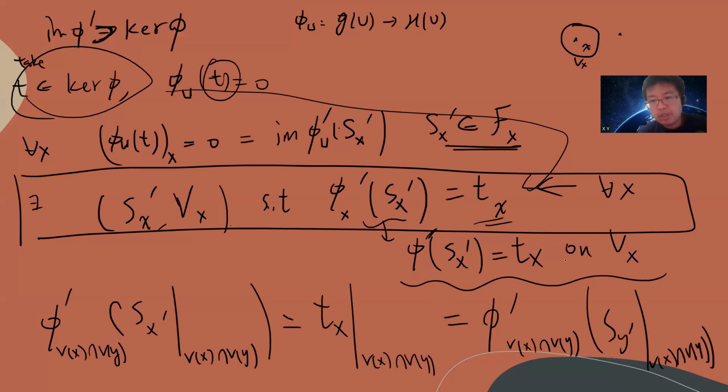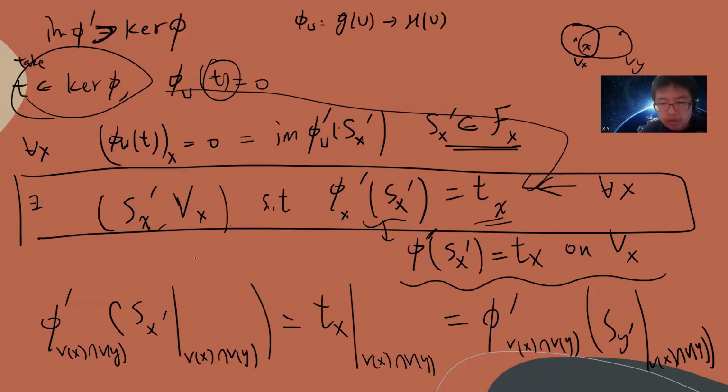Because now you are basically saying the same thing. If phi prime x prime is t x, then you restrict on v x, and when you do the overlapping, it will become the same t x restricted to the small set. Okay. So now by the sheaf property, or by the gluing property, there's a